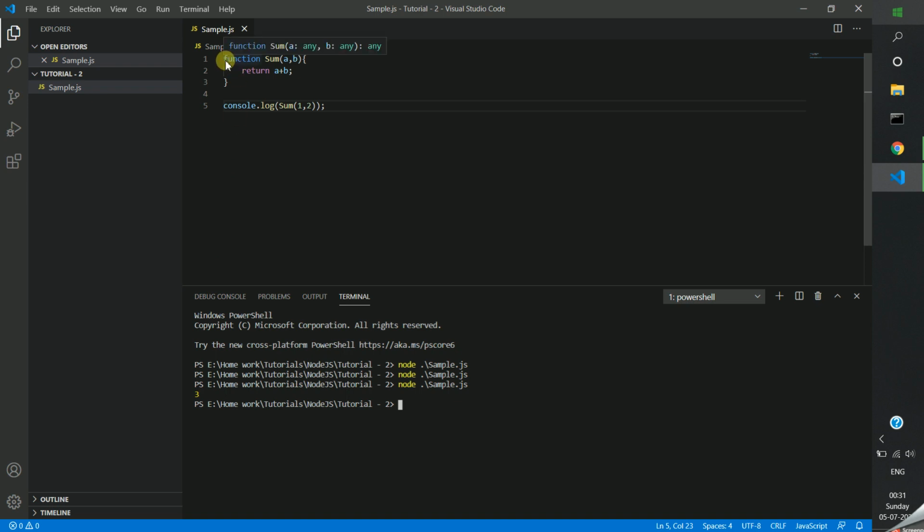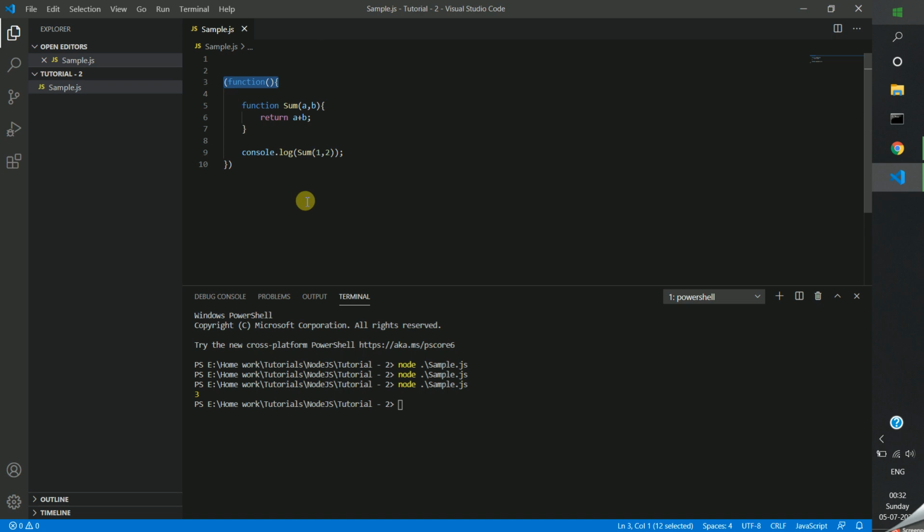Actually, we created one function, but while running, Node will wrap this entire code into a function wrapper, meaning at the end, it will convert this to this. This is called a function wrapper.